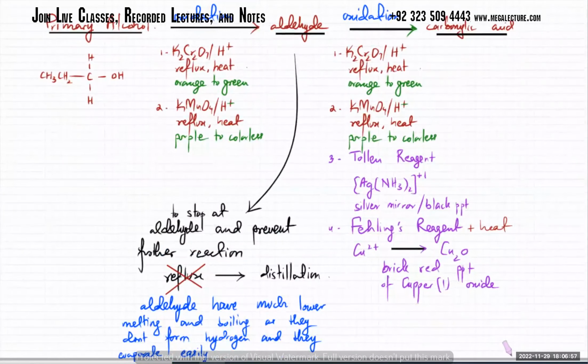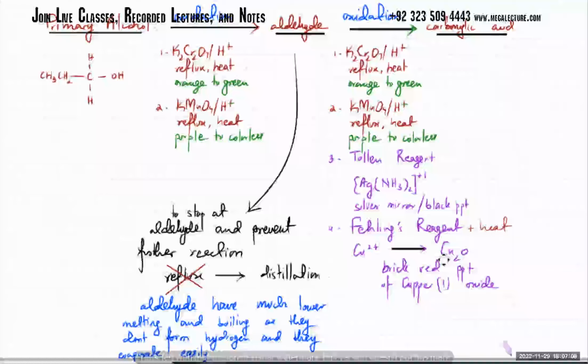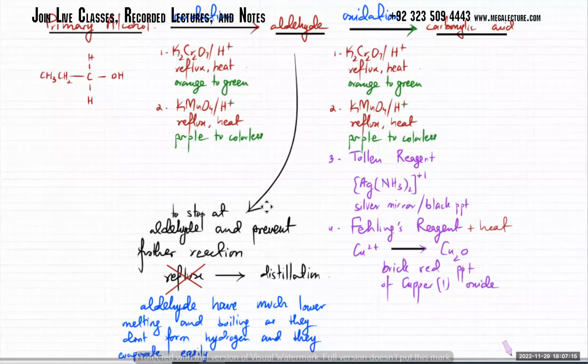Or I told you वो K2Cr2O7. This is you already familiar with, K2Cr2O7, KMnO4. Aldehyde to carboxylic acid, you have toluenes and phelings as well that can do that. Aldehyde पे अगर रुकना है तो what you do is, instead of using reflux, you start distillation so that the aldehyde immediately evaporates when it is formed, ठीक है।